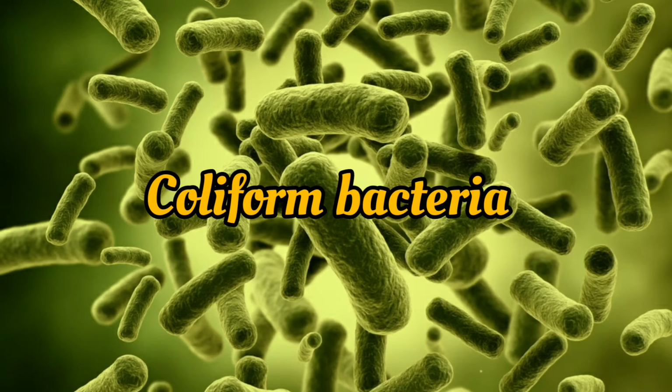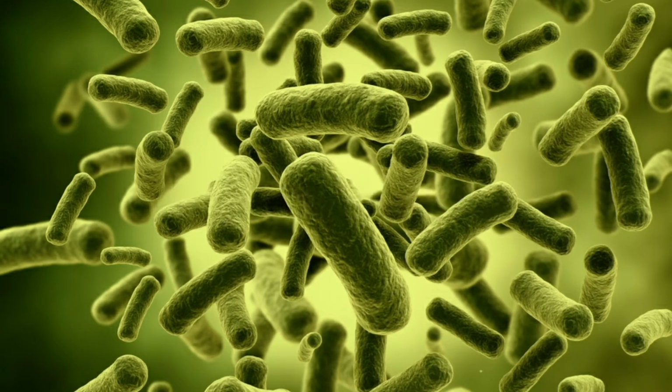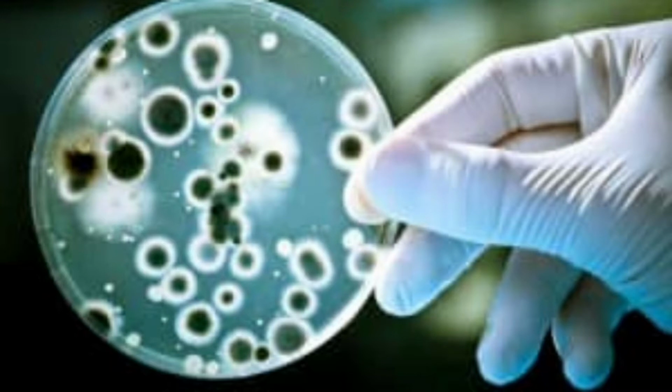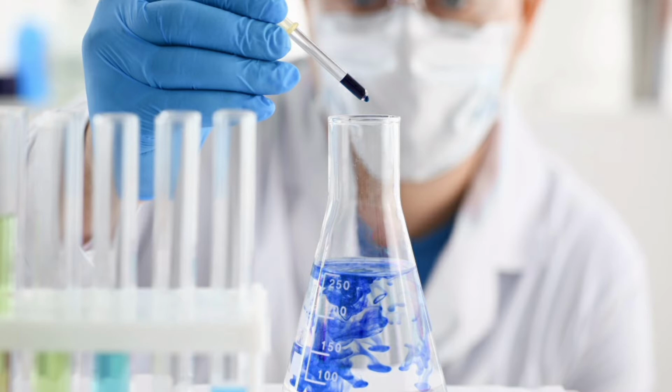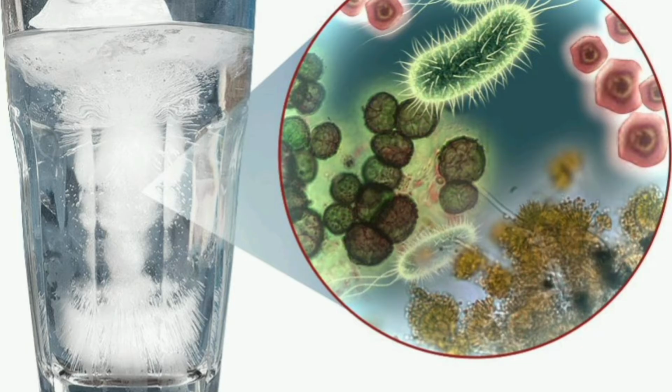So, how can you understand that the river water has been contaminated? There are two ways to study it. One is the total coliform count, and the second is to study the pH of the water. So, what is coliform count? Coliform is a group of bacteria found in the human intestine. The presence of this bacteria in the river water indicates that the river water is contaminated by disease-causing microorganisms. This is because coliform itself is harmless, but its presence in the river water indicates that other harmful intestinal bacteria might also be present.